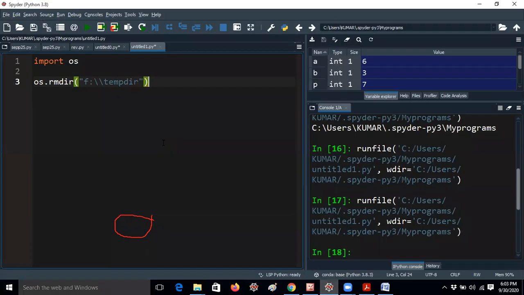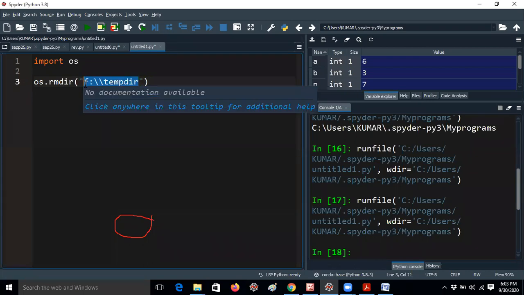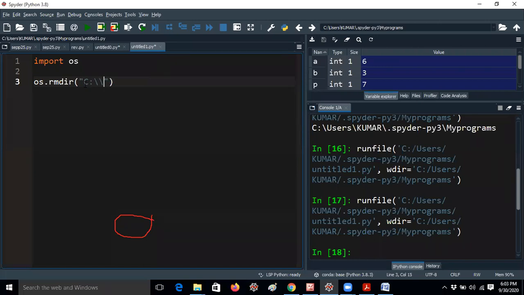Okay, so for example, if I'm giving rmdir, I'm just giving c:// users folder.